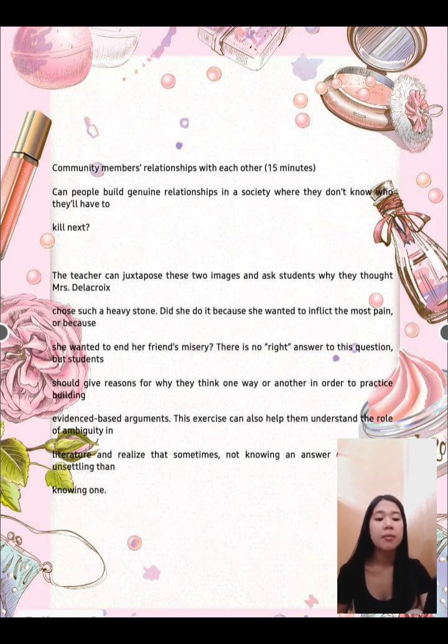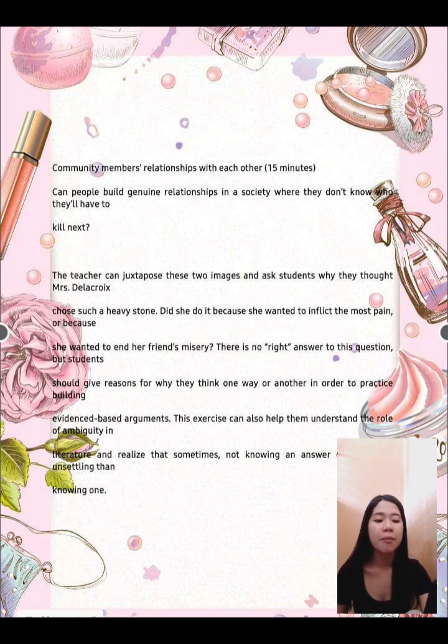The teacher can post 2 images and ask students why they thought Miss De La Cruz chose such a heavy stone. Did she do it because she wanted to inflict the most pain, or because she wanted to end her friend's misery? Those are the 2 questions. But there is no right answer to this question. But the student should give a reason for why they think one way or another in order to practice